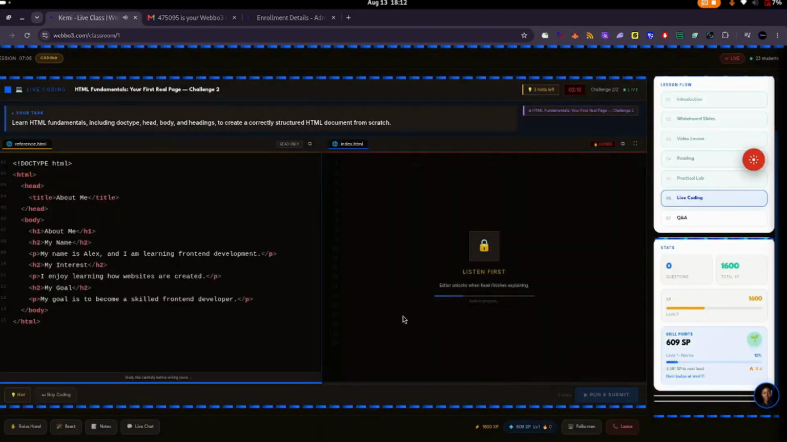In this challenge, we are building a simple About Me web page using HTML. We start with the HTML5 document declaration and create the main HTML structure. Inside the head, we add a title called About Me. This is what the browser will display in the browser tab. Inside the body, we create the content that visitors will see. We use an H1 for the main heading, H2 elements for our different sections, and P elements for the information